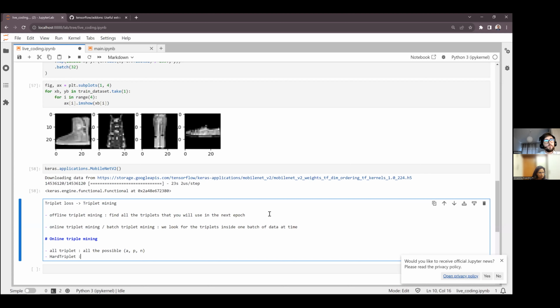Then there is the hard triplet case, where I want to take only the hard negatives, the negatives that are farther apart than the margin, so the difference is greater than the margin alpha.